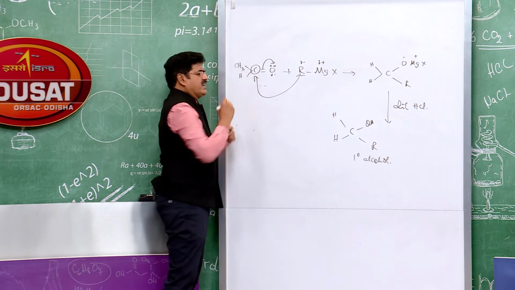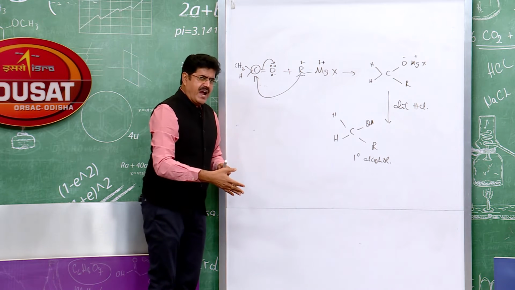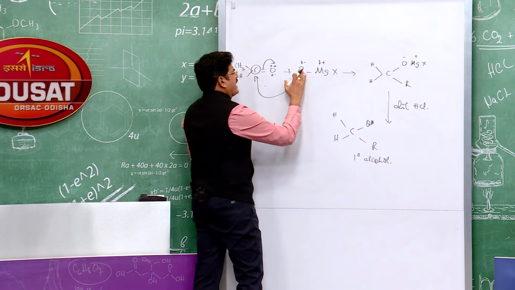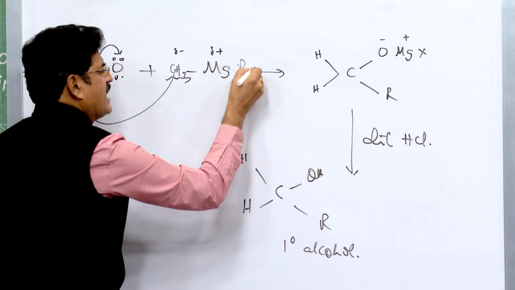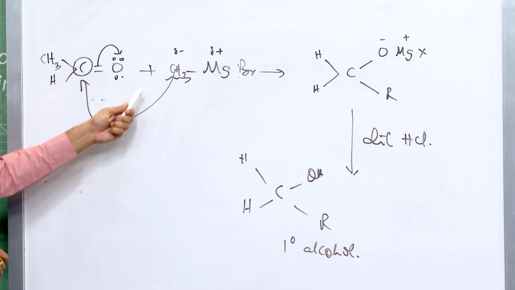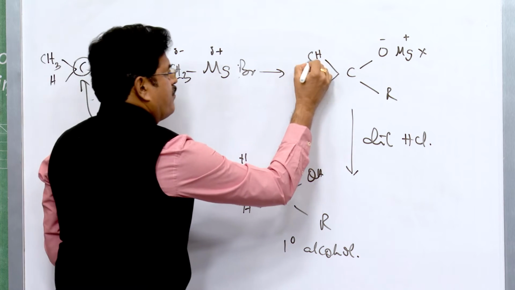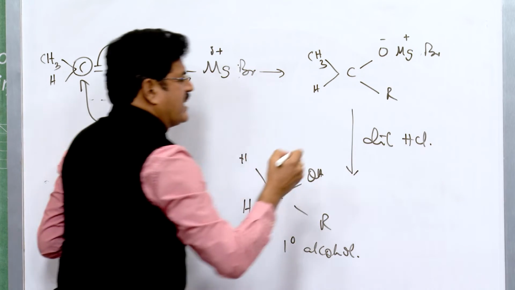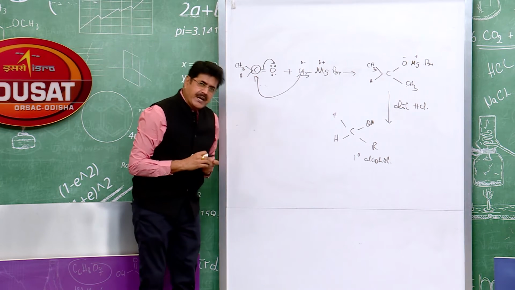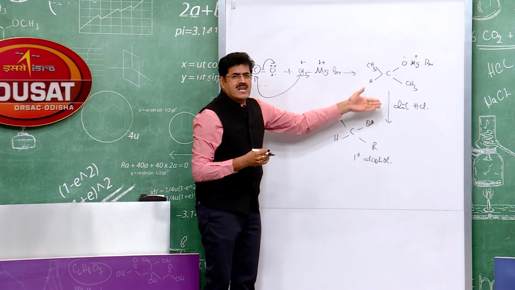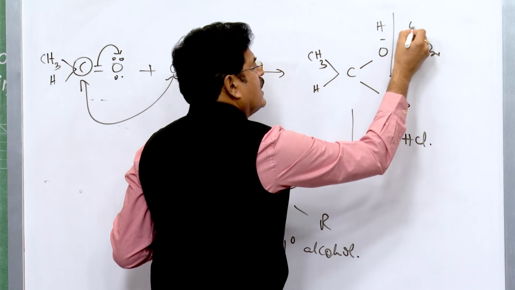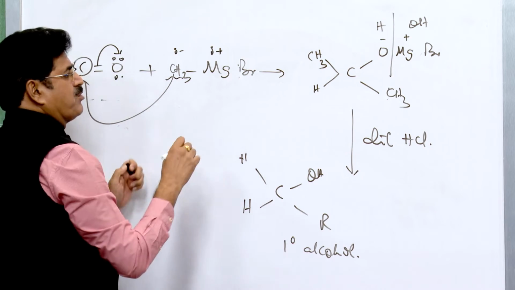Let us start with acetaldehyde. Aldehydes other than formaldehyde give secondary alcohol. So, acetaldehyde, and let us take methyl magnesium bromide here. I am using the Grignard reagent methyl magnesium bromide. So, CH3 minus attacks, and the compound formed is bromo magnesium isopropoxide. This is bromo magnesium isopropoxide, and upon treatment with dilute aqueous acid,